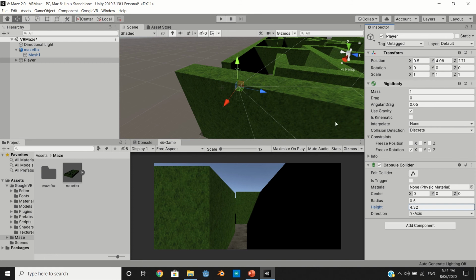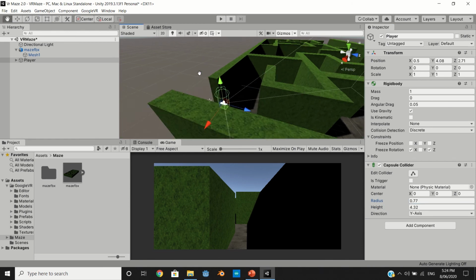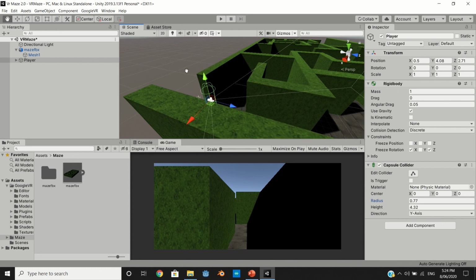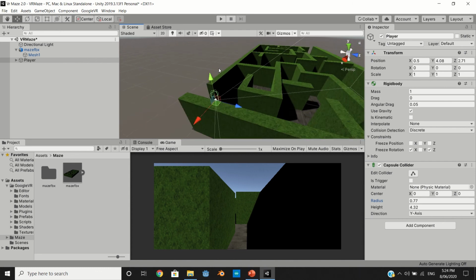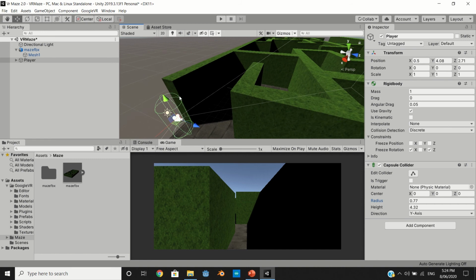So that is actually in meters as well. So I might make myself 4 meters tall, which is quite big. And then I'm going to make my radius a little bit bigger, so I'm a bit more chunky. Now this depends on how big your maze imports. Now you can scale down your maze, but I'd rather you not,